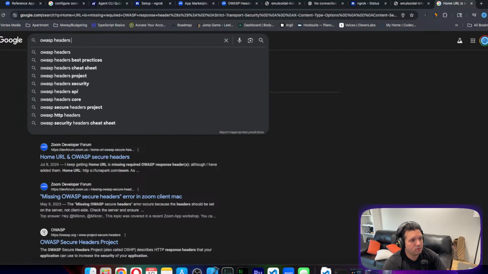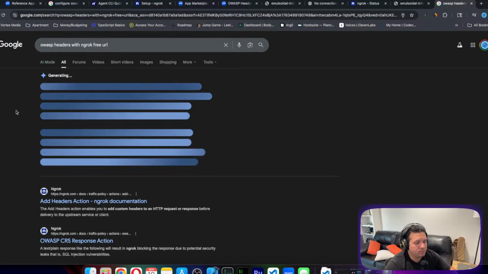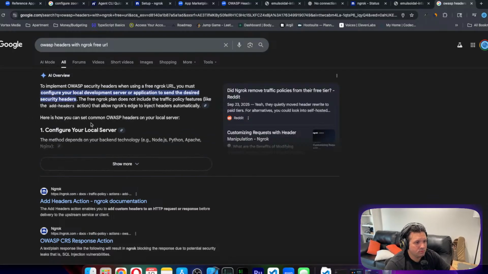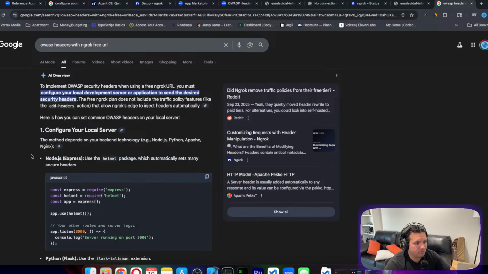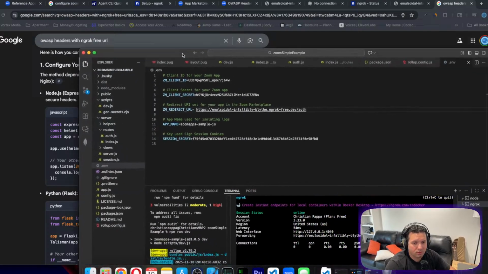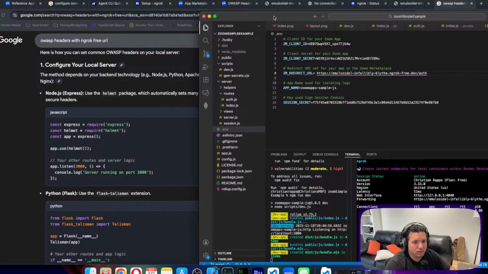OWASP headers with ngrok free URL. Oh. Let's see if I can configure it. So it says